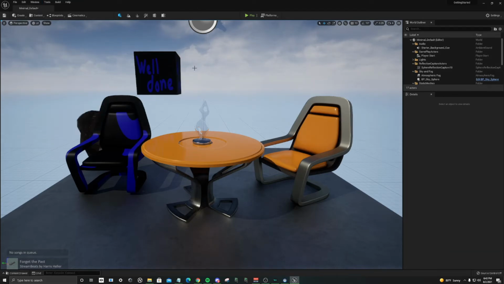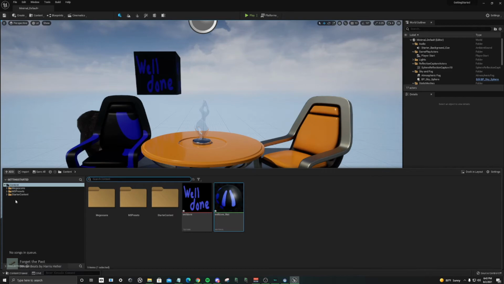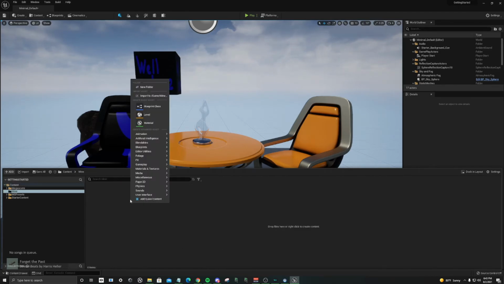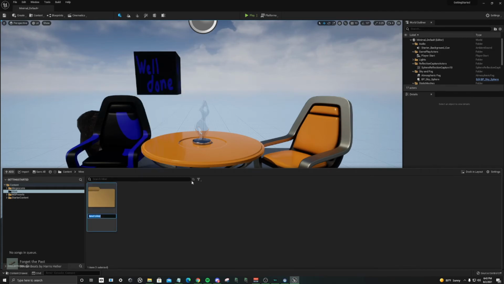The very last thing we need to get started on Unreal Engine 5 is just a little bit of content management so we can keep our sanity. So what we're going to do is we're going to come down, content, in content, we're going to right click on new folder, and this is just going to be where you should save your content. I call mine, and then in here, I'm going to create 4 more folders. One called maps,